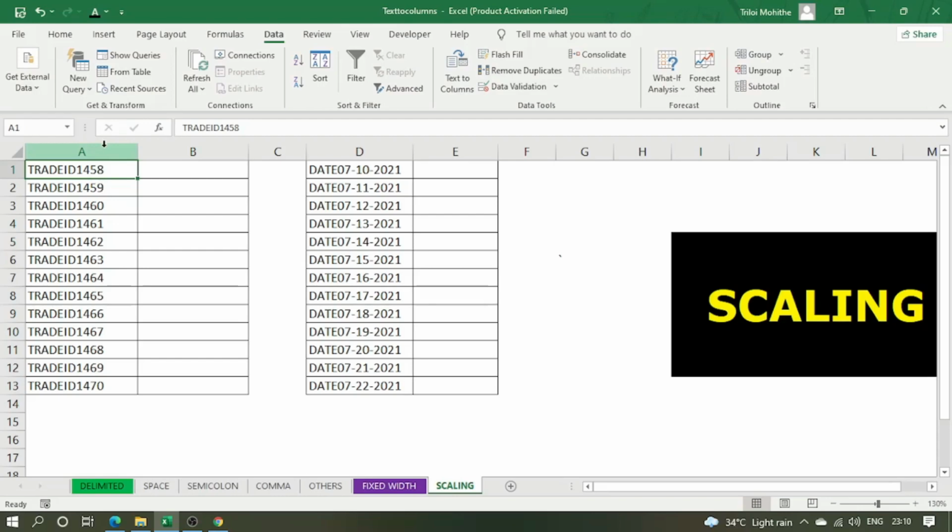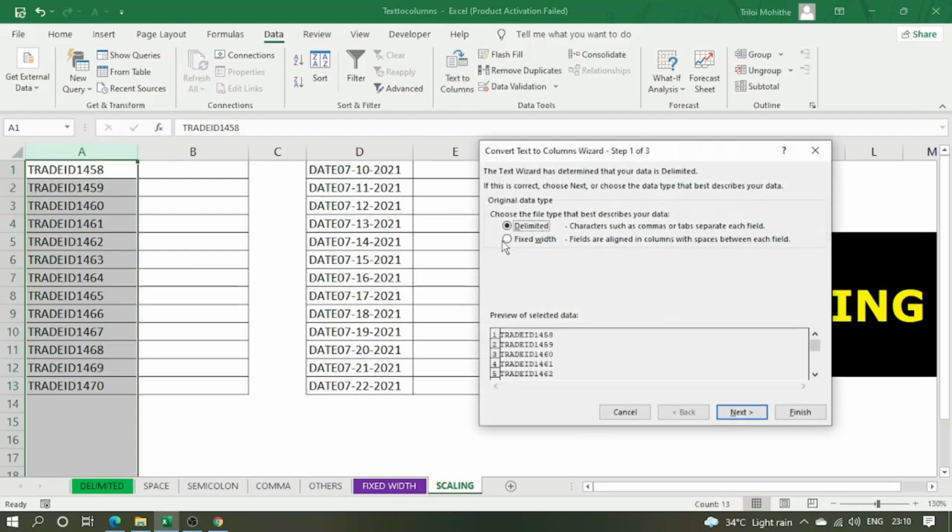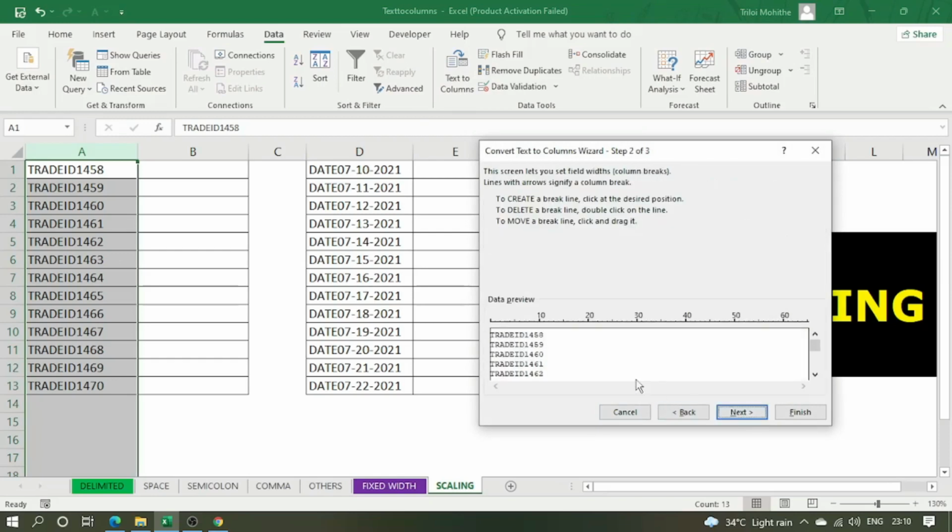Very simple. Select the data, go to Text to Columns. Now we are going to choose Fixed Width and then click Next. Once you click Next, you get a scaling option here, so you have to give your scale. What is my scaling here?